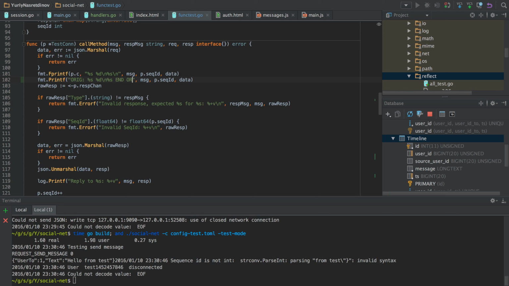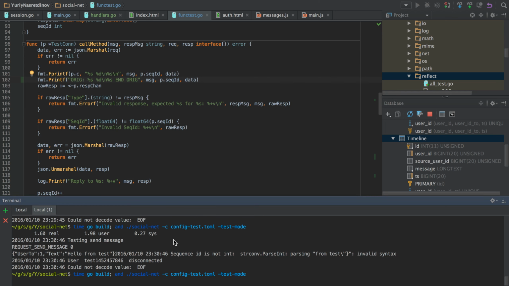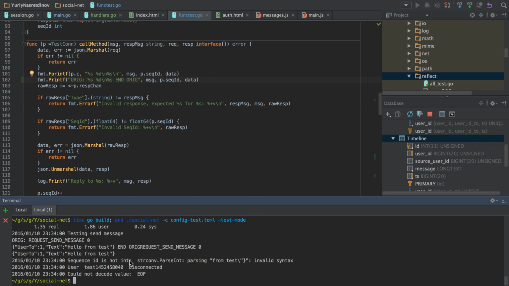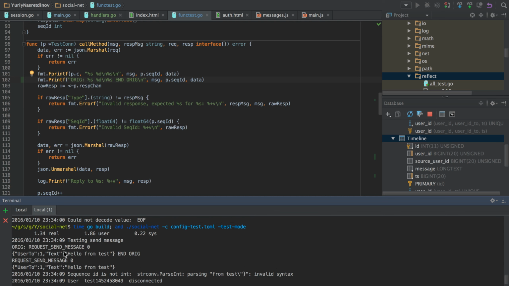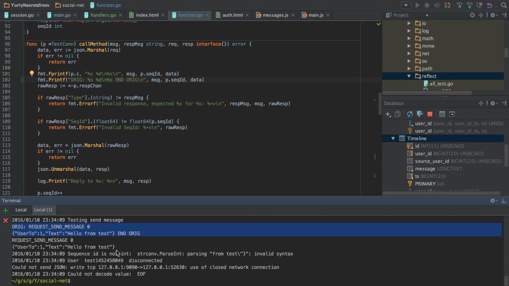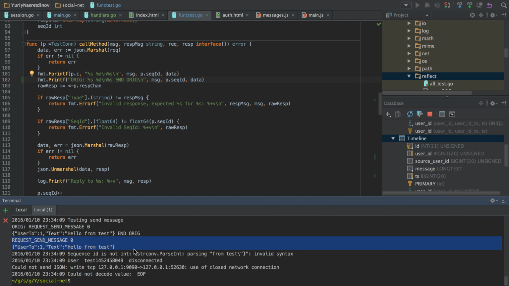And we could also add some marks in our test so that we can then compare the original request and what was received by the server, by the other end. And as we can see, it is completely the same.